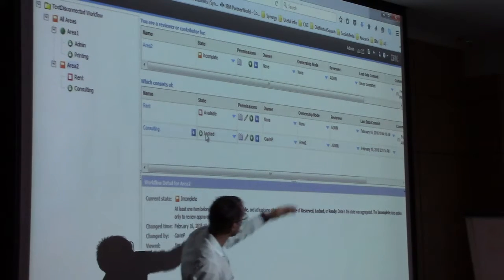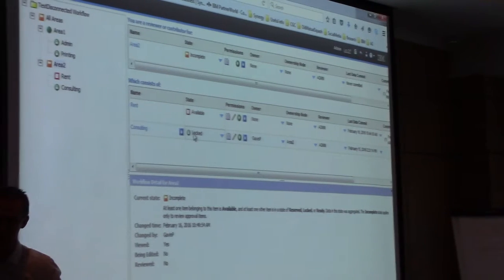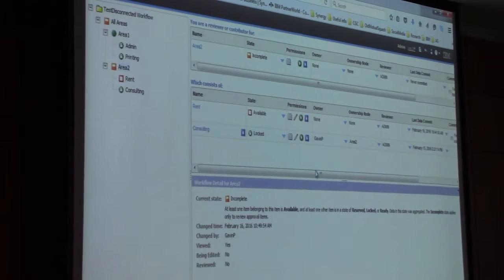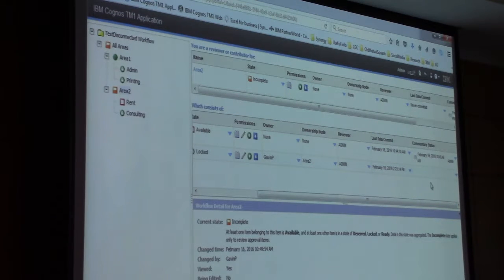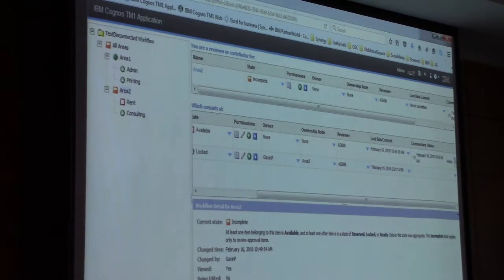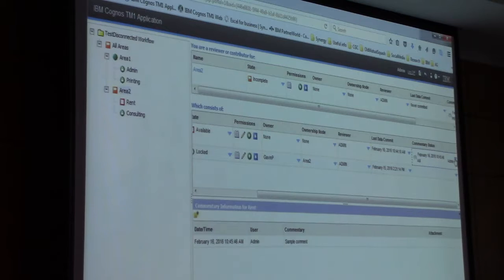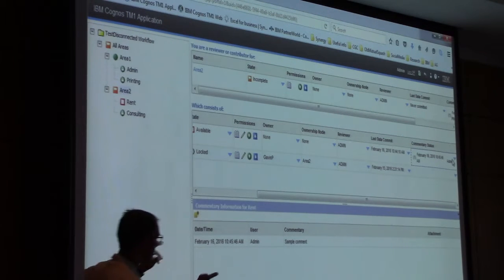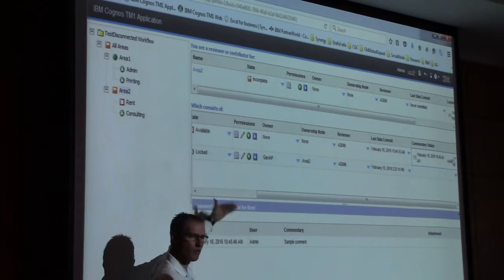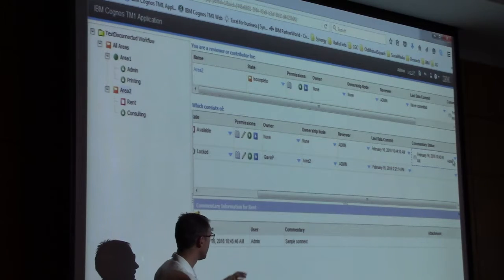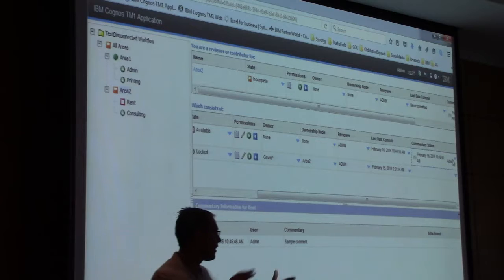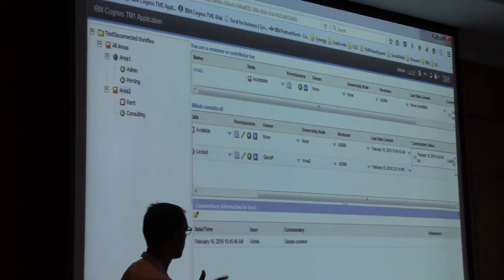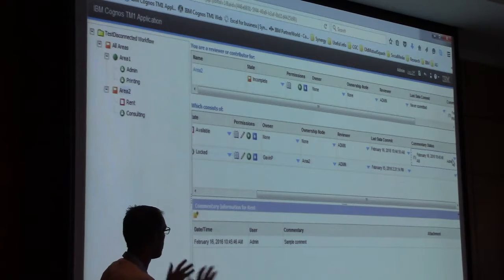Further to the right will tell me when they committed. So you'll see that I was doing some practice before you guys got here today. And then I have the ability to comment. If I click on here, you'll see I can leave a global comment for the person who's now reviewing my work. It's just a sample comment, but it could be, hey, I've spoken to Peter and Joseph, this is as best as we can get it, or whatever it is.